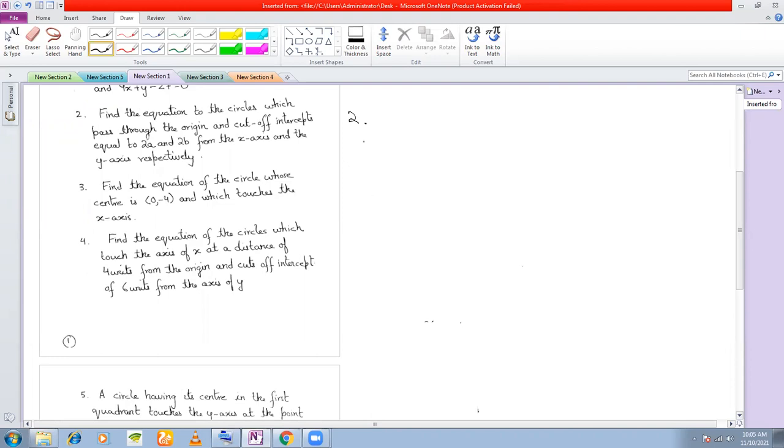Since we don't know the center of the circle, we start by saying, let the equation of the circle be... They pass through the origin definitely, so the center of the circle cannot be the origin. So I say, let (h, k) be the center of the circle. Instead, we write, let the equation of the circle be (x minus h) whole square plus (y minus k) whole square is equal to r square. So we know (h, k) is the center of this circle.